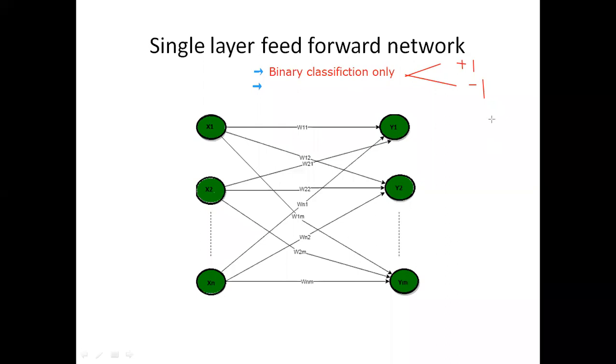How many data points do you have in your data? The total data can be divided into two class labels, two categories only. One category is represented by plus one, the second category by minus one, isn't it? So how are we going to separate these data points into two classes? For that, we have one kind of theorem. What is that?